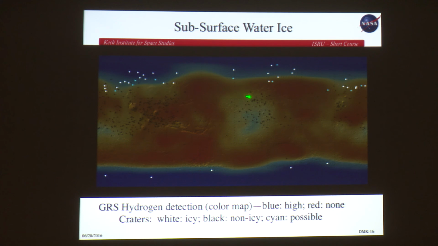You'll notice that the locations of the craters are very non-uniform. We can only find the craters in the areas where there is dust on the surface, so that when they hit and create a blast zone, the low resolution cameras that can search over large areas of Mars can find them easily. So we have to be careful to remember that there are biases in our sampling. For example, there are very, very few down here in this cratered terrain. We'd really love to know where this boundary is and where there is and isn't ice, yet it's hard to find the craters to do that.